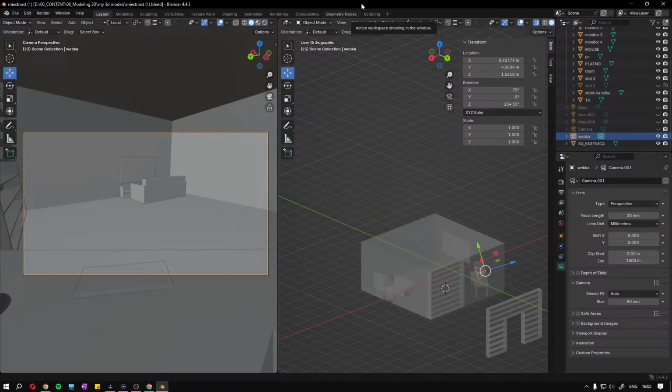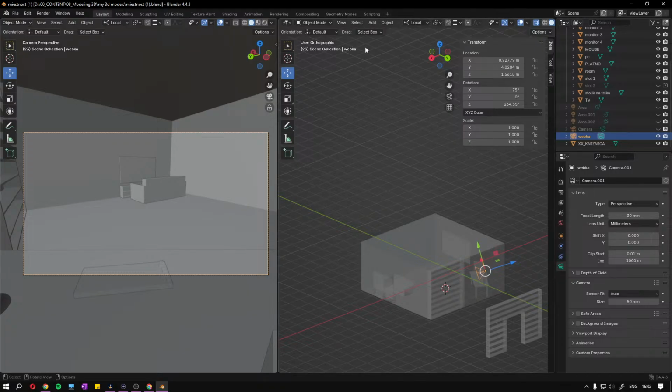So apparently I can't do game capture with this. Doesn't matter. I will do it with the screen capture. So yeah,